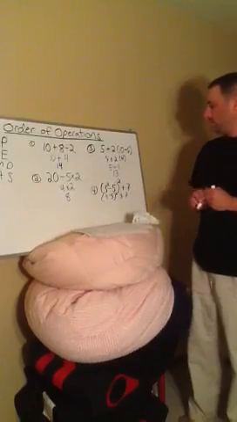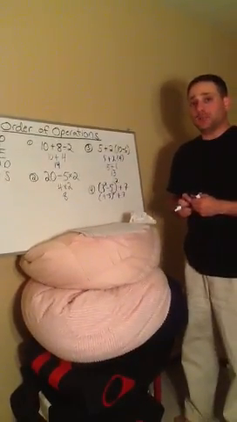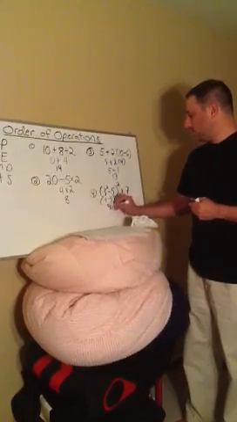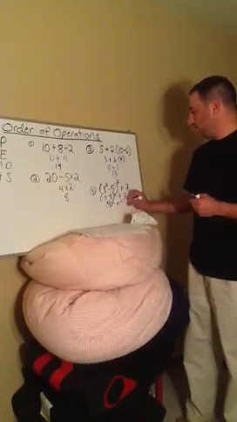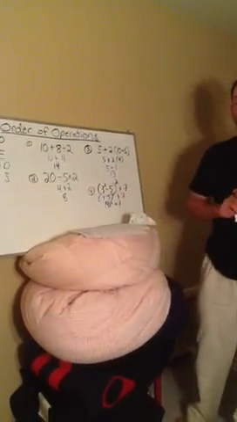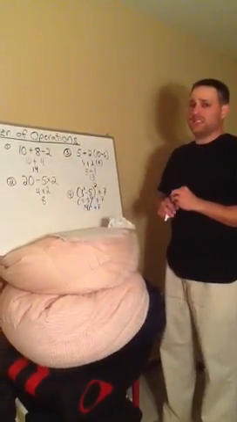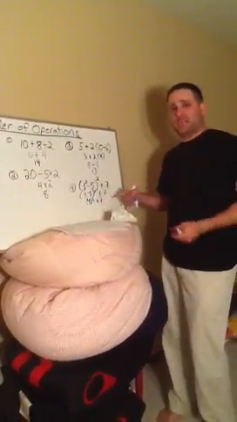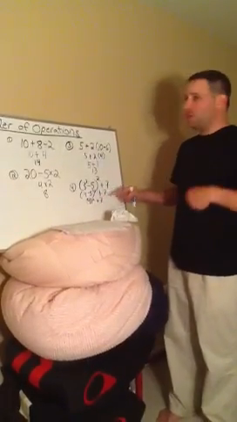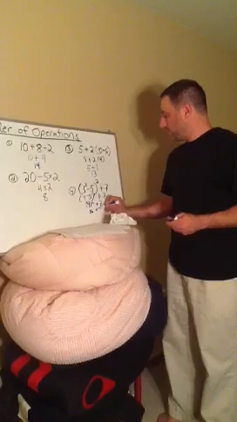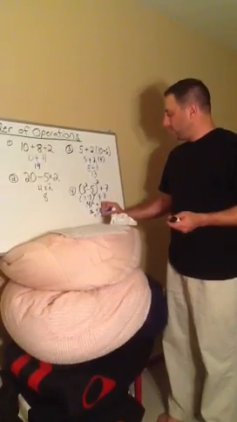Rewrite everything else. Now I still need to take care of what's inside the parentheses. Well, 9 minus 5 is 4. Rewrite everything else. So now I have 4 squared plus 7. Again, I'm saving my addition for last because that's going to come last in the order of operations. Still got my exponents I have to deal with. So 4 squared, which is 4 times 4, is 16 plus 7. 16 plus 7 is